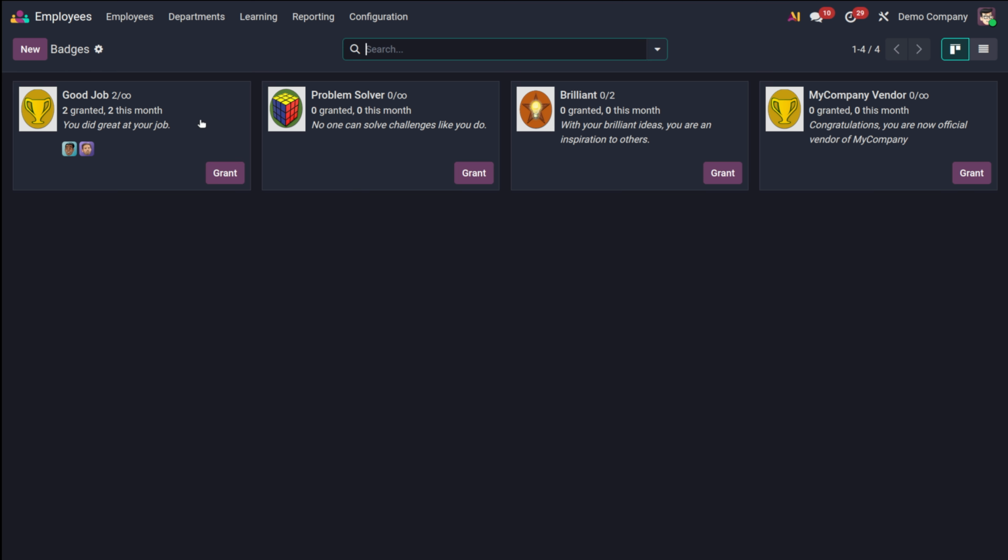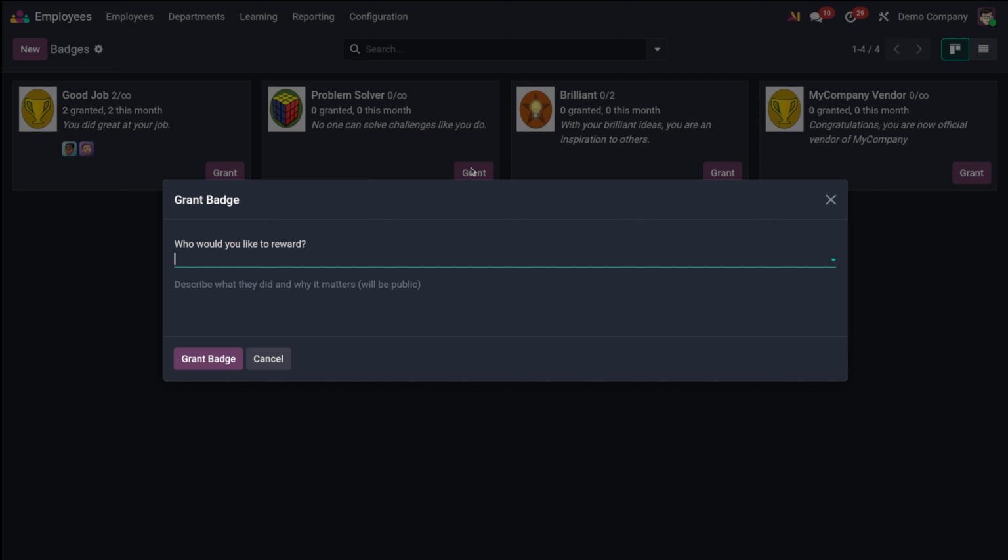So you can see this particular badge, which is called Good Job, which is granted to 2 people. And those people can be seen from here. Simply click on grant. So here you have a thing called problem solver. I'm clicking on grant. And then Odoo doesn't provide an option for you to allocate or grant a badge